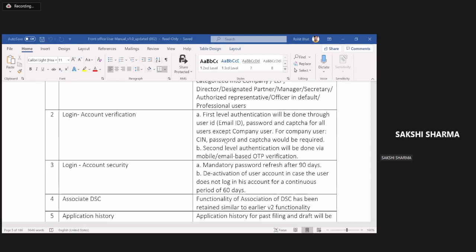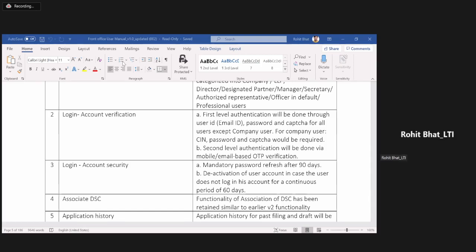In case you want to avail certain facilities like filing the Run form, the Philip form, or any other facility which the general public can avail from the MCA portal, they can do that through a registered user ID. For filing the forms of LLP, for example, Form 3, Form 4, and other related forms, business user registration is required.